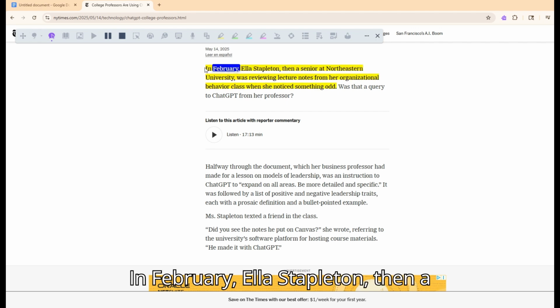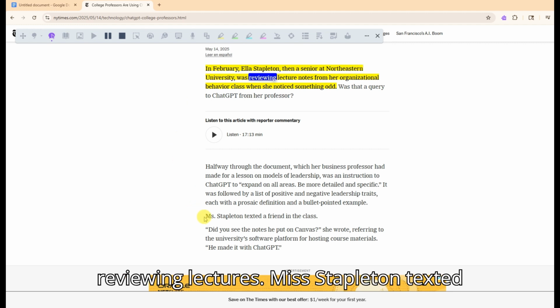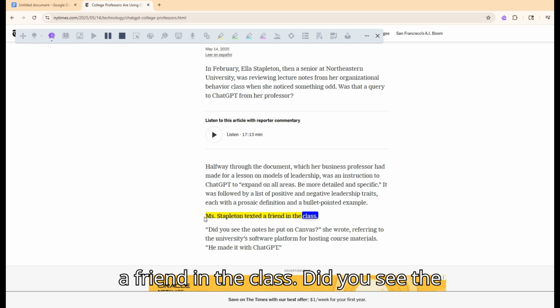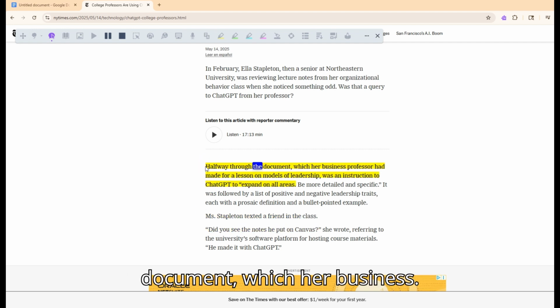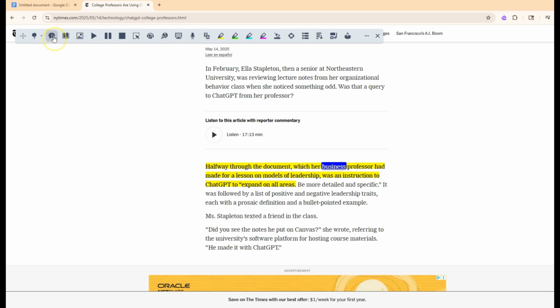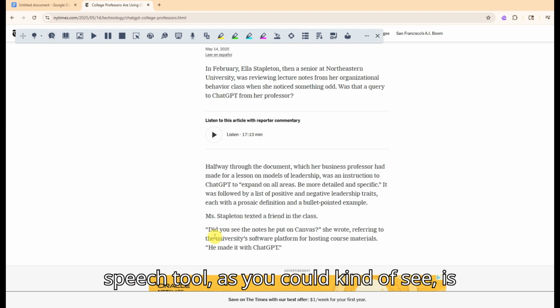reading. In February, Ella Stapleton, then a senior at Northeastern University, was reviewing lectures. Miss Stapleton texted a friend in the class. Did you see the notes he put on? Halfway through the document, which her business So the only thing with that hover and speech tool, as you could